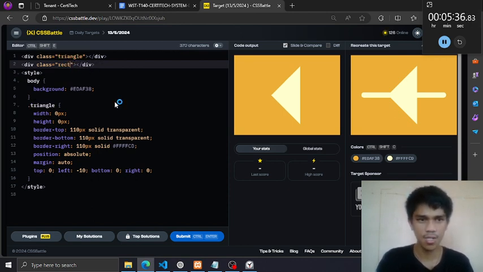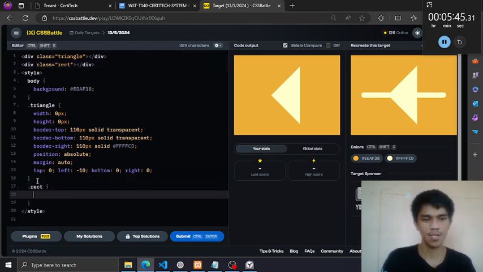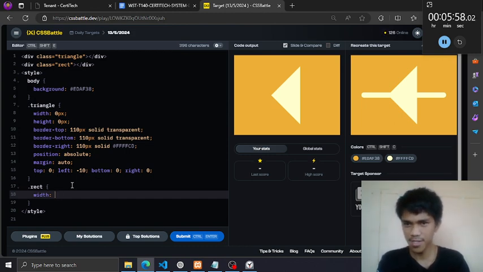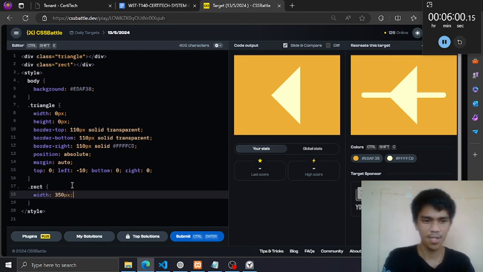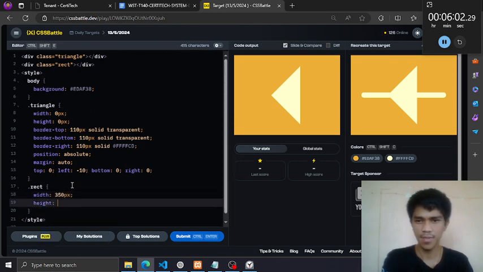It still shows because it is longer than the width of our triangle. So let's copy this, paste, and I can just write the size here. So the estimated size here is 350 pixel, and the height is maybe, let's put 20 pixel.